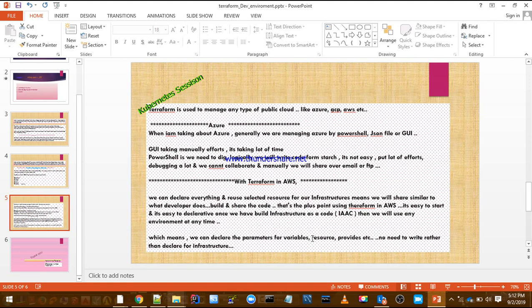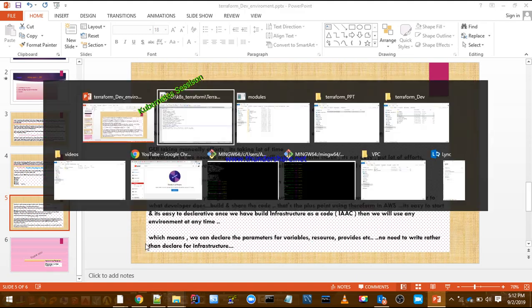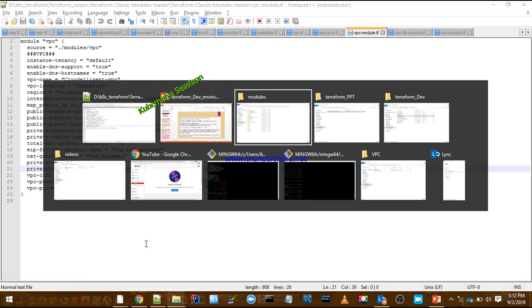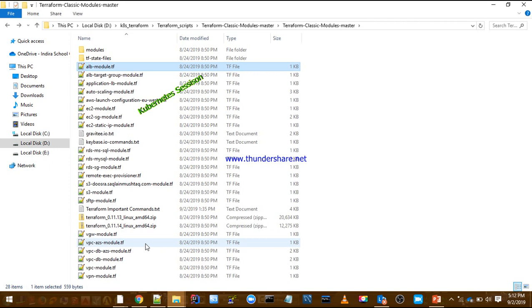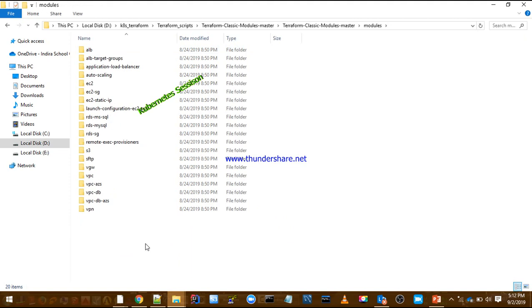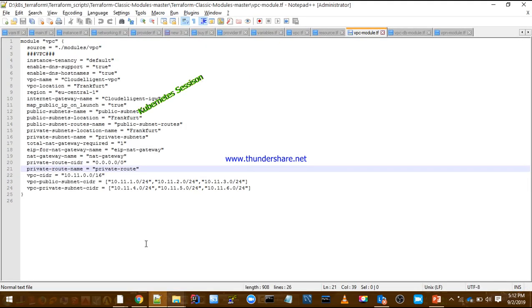Rather than writing everything again, we declare the infrastructure. Simply put, we define the code one or two times, and we can reuse it multiple times. That is the beauty we get from Terraform.